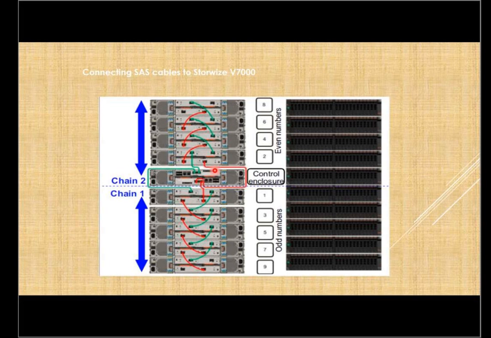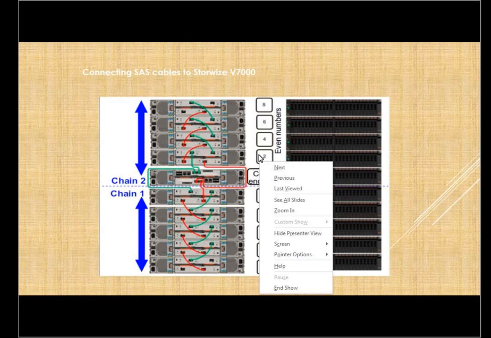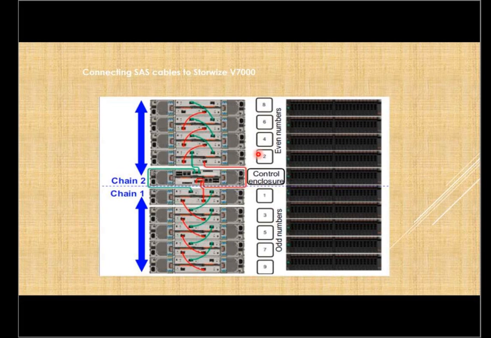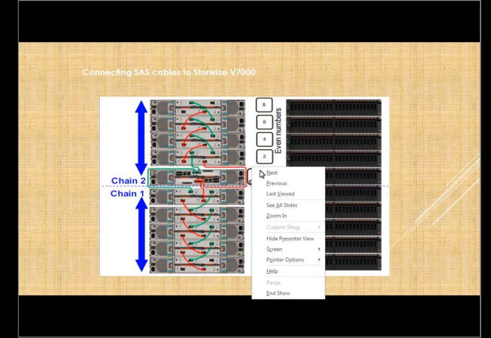The main point of having this sort of a daisy chain connectivity is to ensure that there is no single point of failure in the connectivity from the nodes to the disk enclosures. So both the nodes have access to all the disk enclosures. So that is one of the benefits that we are getting out of it. And many of the storage vendors are using this daisy chain architecture. Okay.